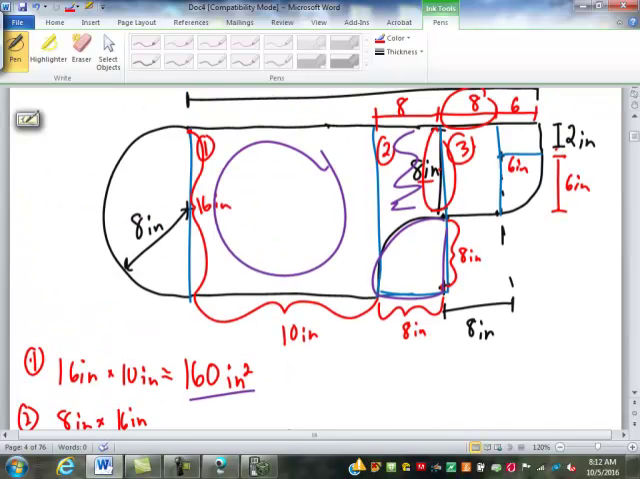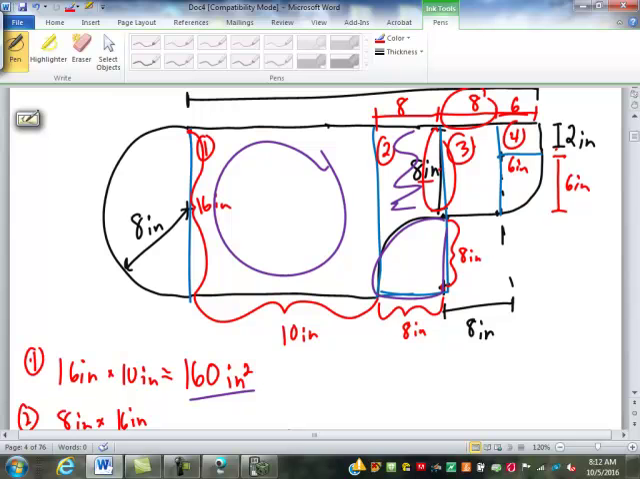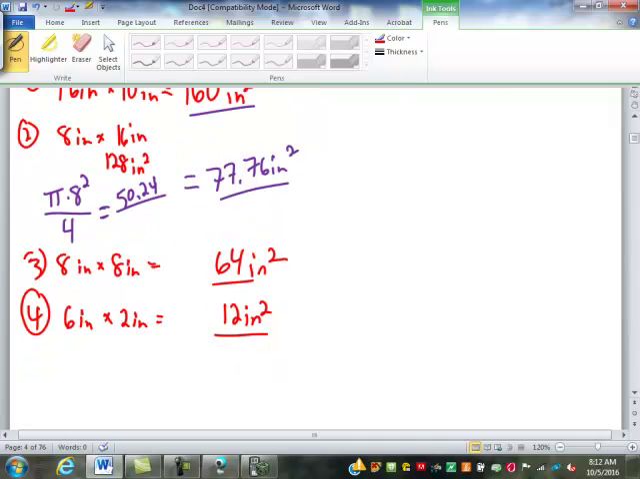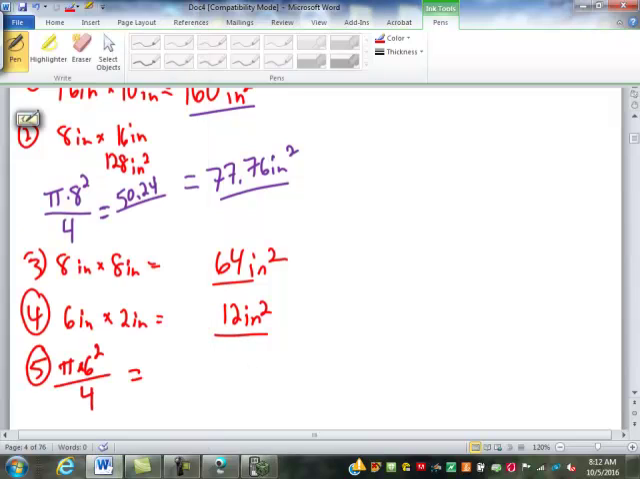Piece 4 will be this little one here, we'll call it. That's 6 by 2. Inches squared. We'll call this piece 5, this quarter circle. How am I going to find that? Well, pi times 6 squared is my radius, divided by 4. .26